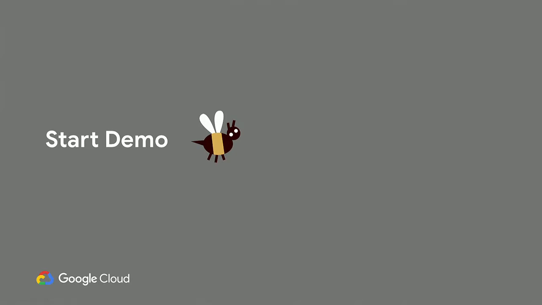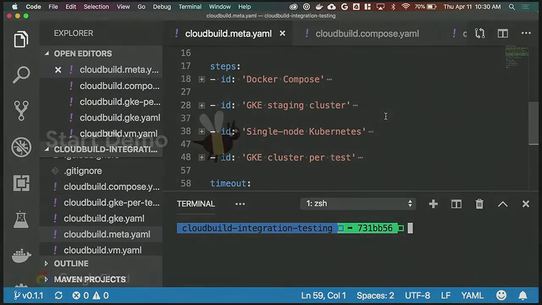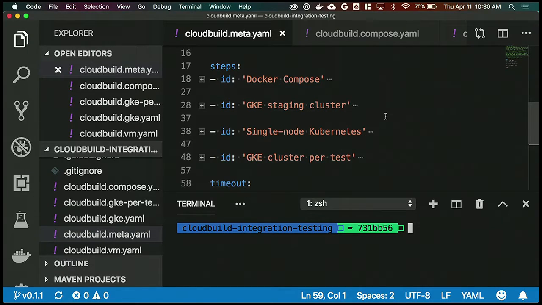All right, now I'm going to kick off a quick demo. Let's see, can we switch to there we go. All right, so what I'm going to do here is start off a series of 4 tests. I'm not going to explain them just yet. I'm just going to get them going, but I'm in my editor here, and I'm running this as a gcloud submit command. Of course, you can also run this from a trigger as well. So we'll kick that off,